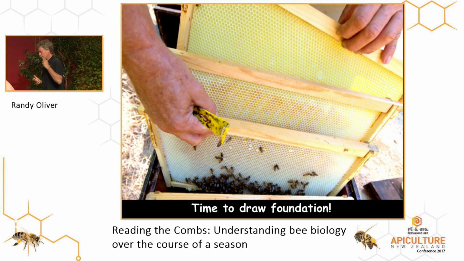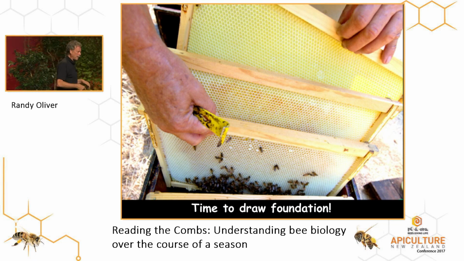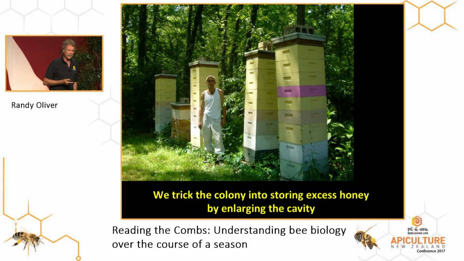The only way to get bees to draw a foundation is if they've filled every single drawn comb full of nectar and have no place else to put it, and then they will start producing wax and they will draw a foundation. No tricks. There's nothing you can pour in the hive, nothing you can do to manipulate. It doesn't make any difference whether you move combs up or down. None of that's all a waste of time. They're only going to draw a foundation if they're making white wax. And then at this point, we trick the bees, so that they don't think that it's time to reproduce, we suddenly enlarge the cavity on them.